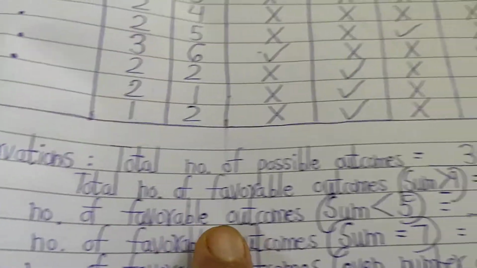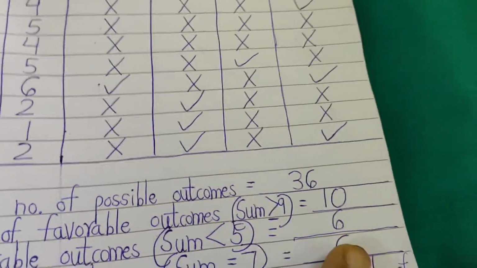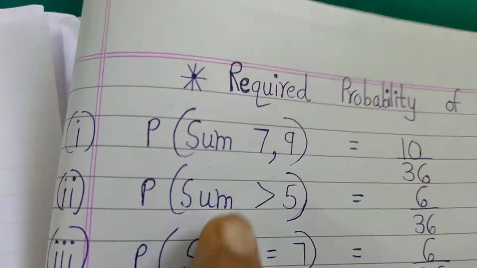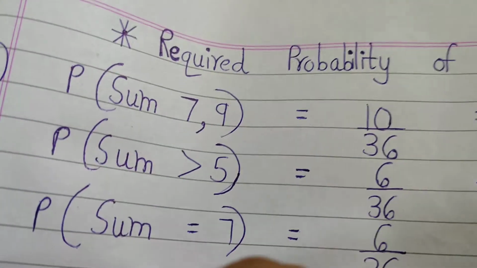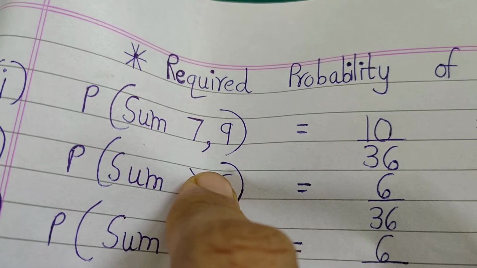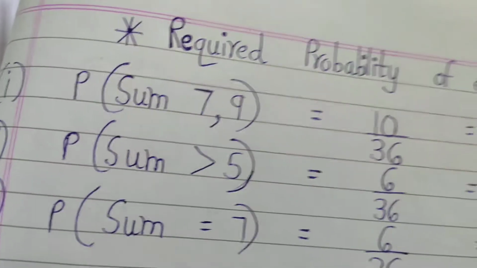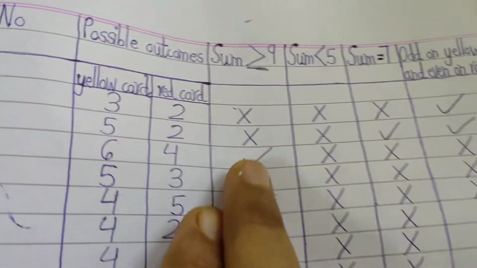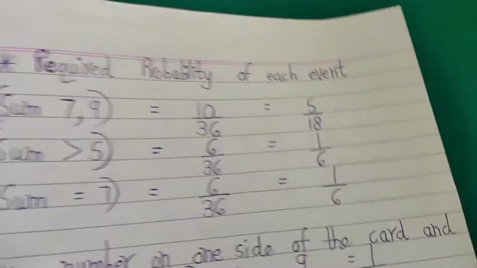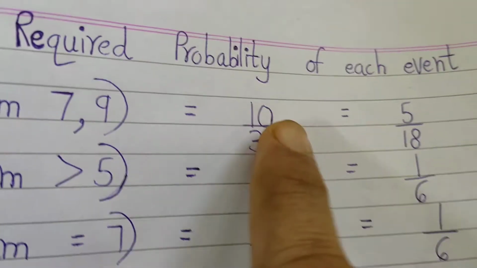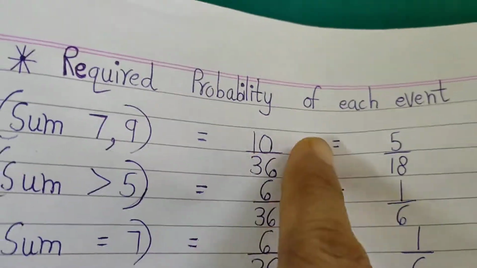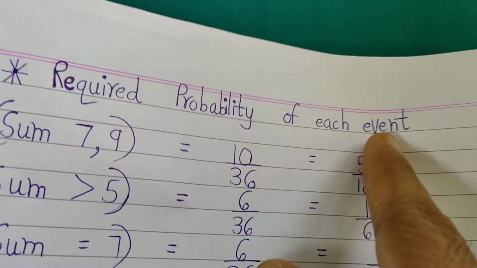Then the total number of favorable outcomes, sum less than or equal to 5. So count, it is 6 here, but you just see what you are getting. After that you will have to find the probability of each. Probability of the sum being greater than or equal to 9. So what will you get for that one? If you count the tick marks for sums greater than or equal to 9, they will be in total, so here not 9, they will be total 10. So whatever you are getting, write down that 10 by 36, so you will get 5 by 18.